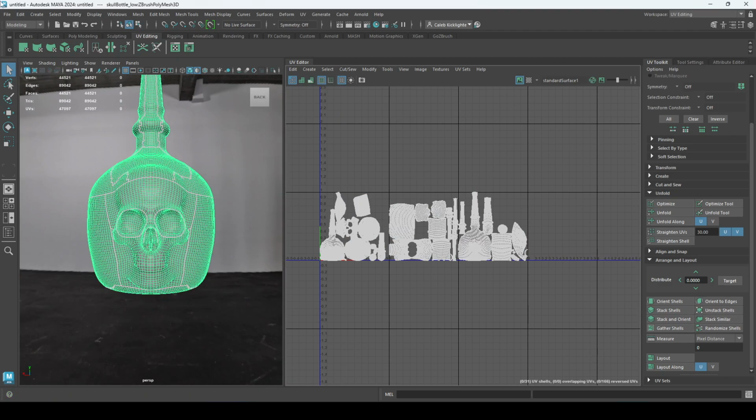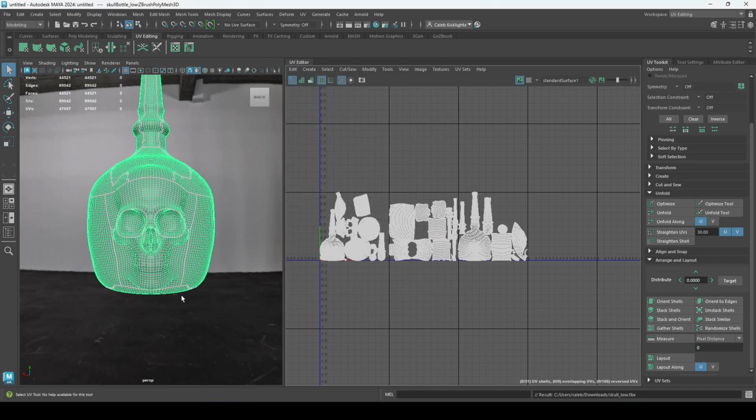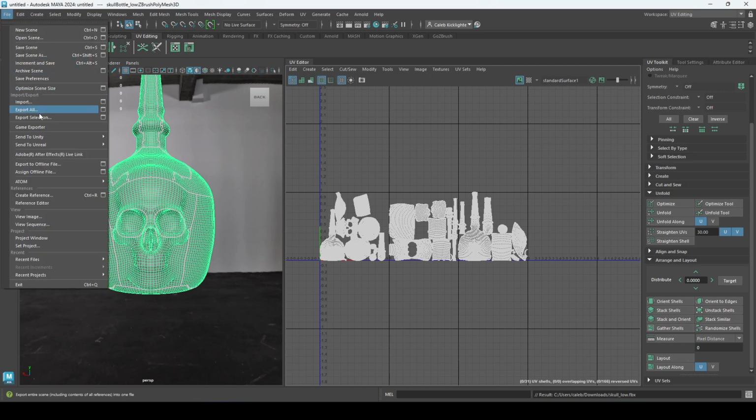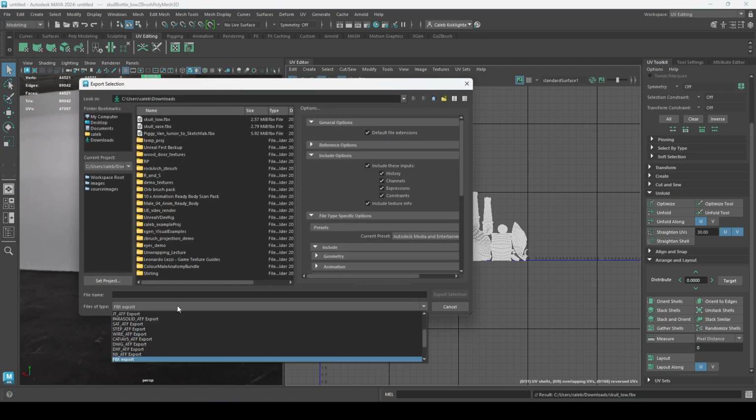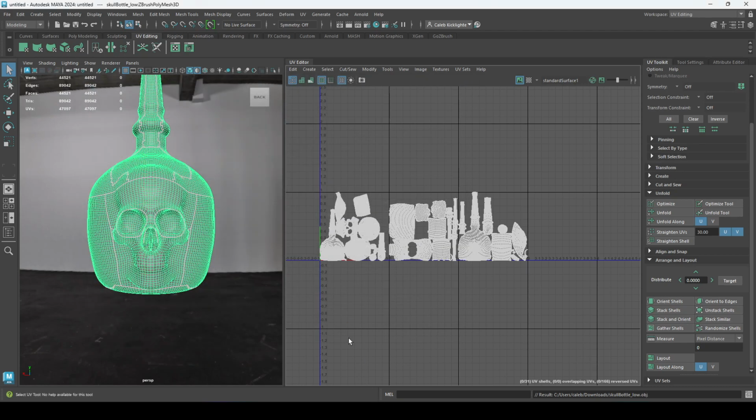Let's turn off that. File, export selection. Let's do FBX because we're going to bring it into Maya. But I'm going to do both. I'm going to do substance painter, skull low. File, export selection. Let's do OBJ. Skull low. Yep, I do want to replace it. And I might have to